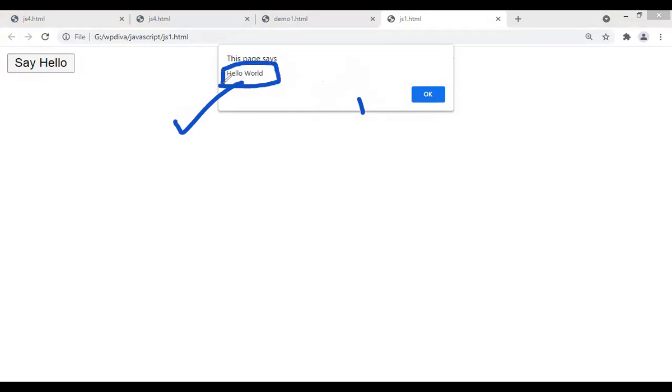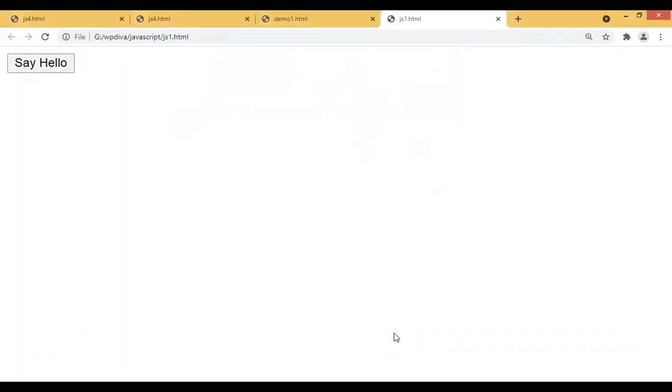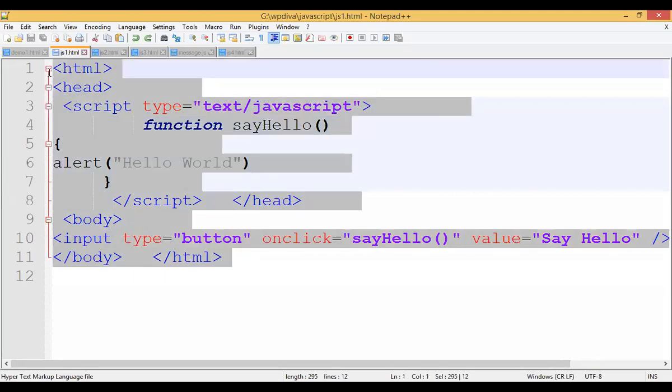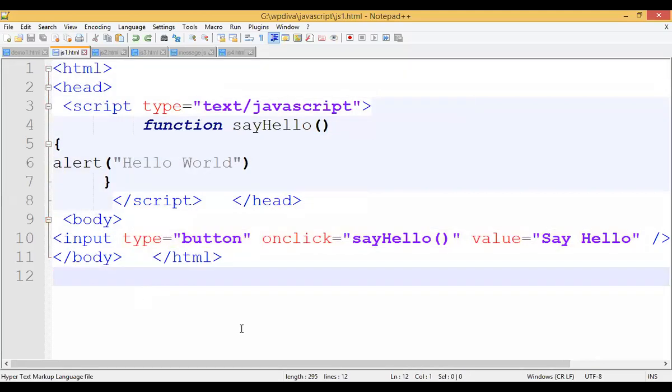It has by default only one button, that is the OK button. Is it clear? So this is how you write the code within the head tag. This is the first format, students.